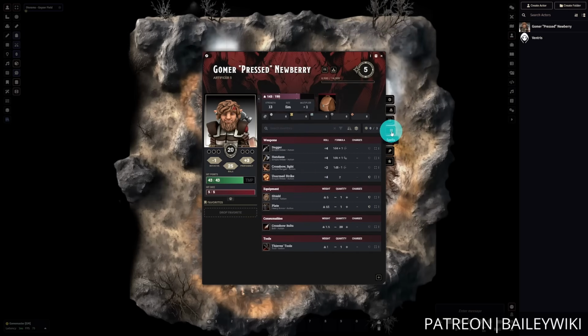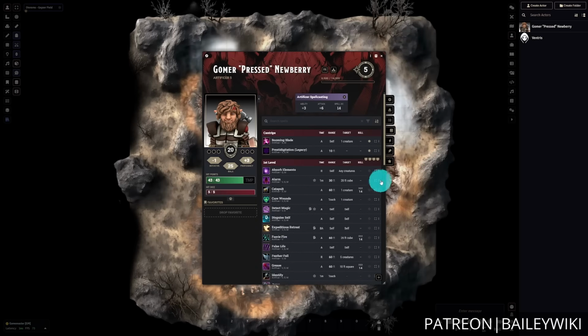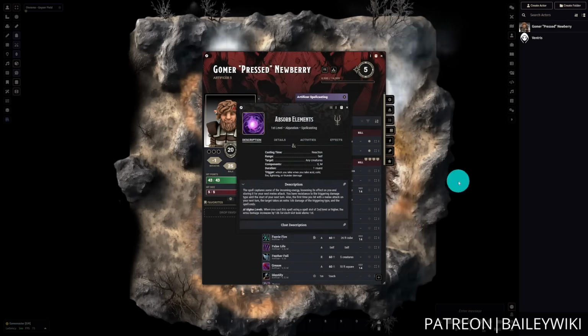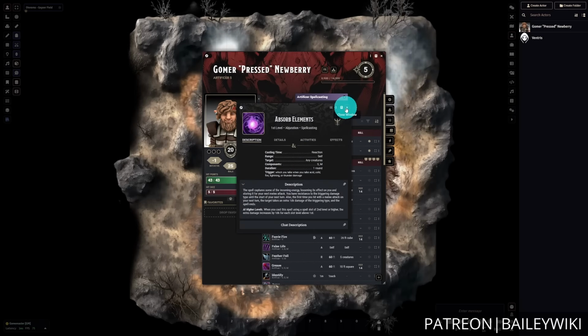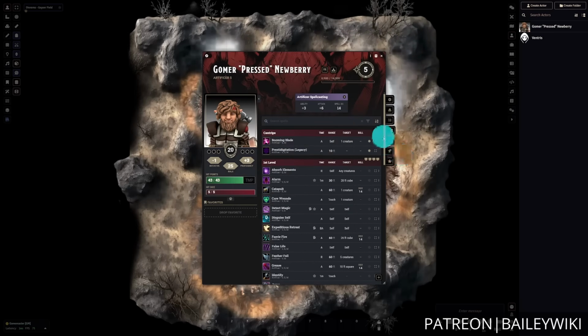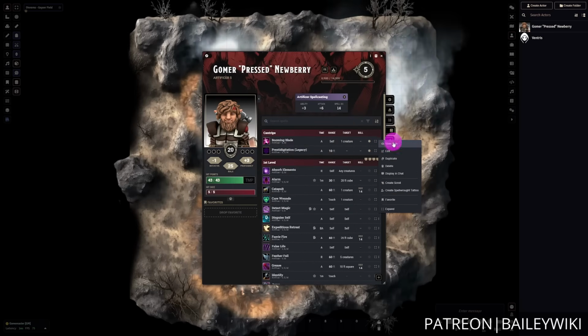And if you want to see things individually, we can go and find them. So we look at absorb elements here, for instance, and same triple dots. We can look at CPR medkit. You'll notice that the medkit is gray, so this has no automation built into it. So there's nothing to see there. If we look at Booming Blade,